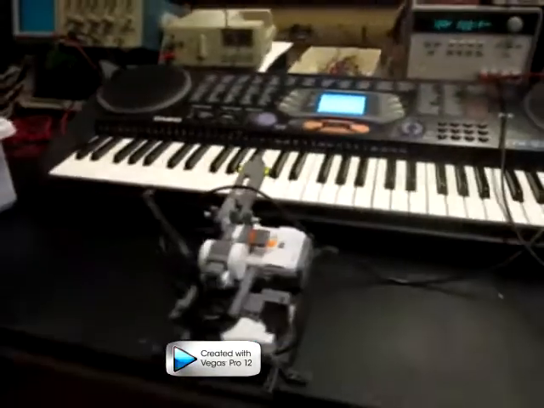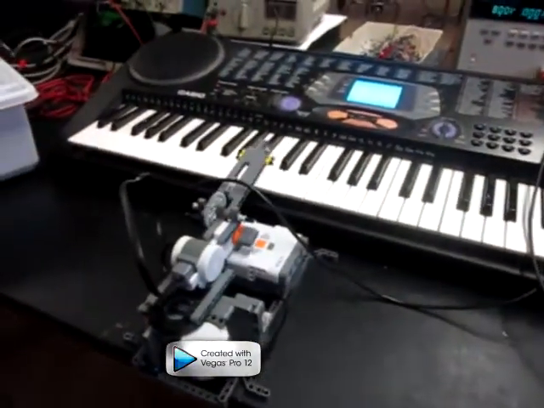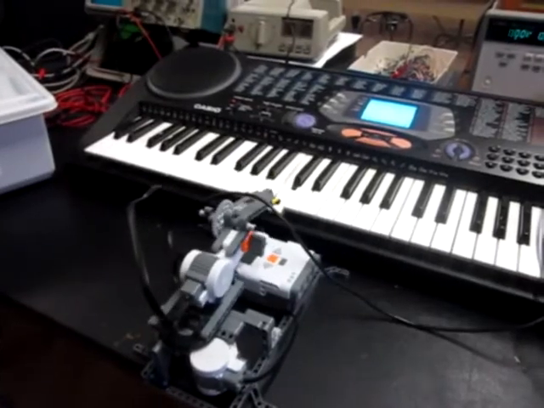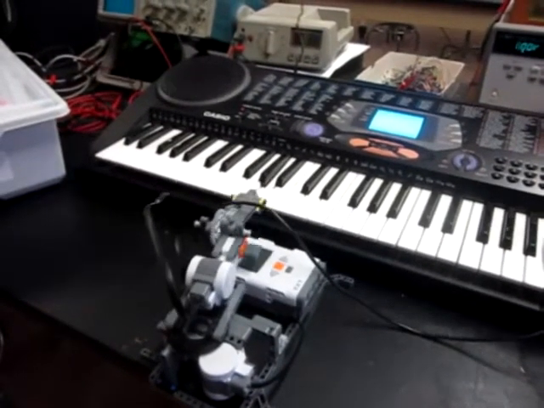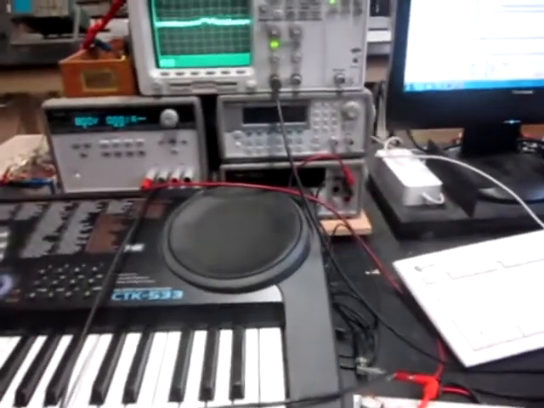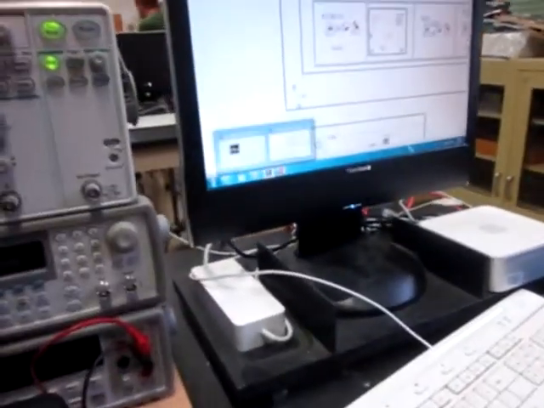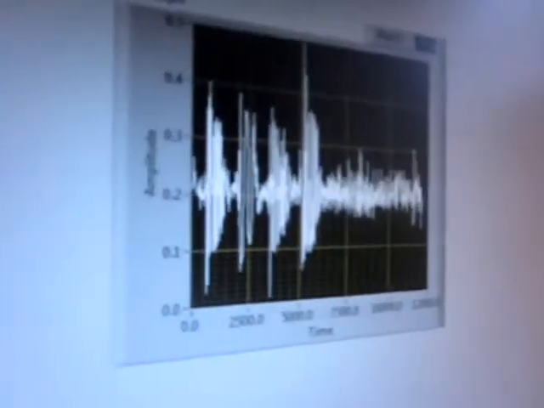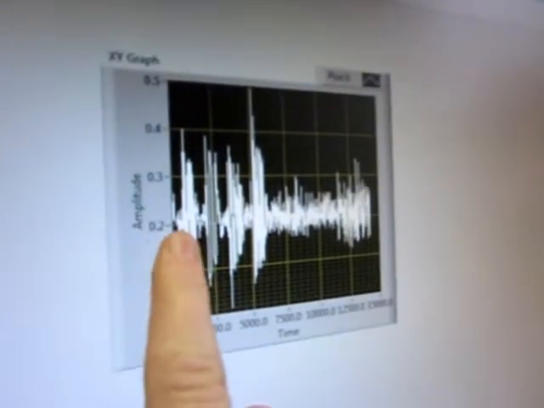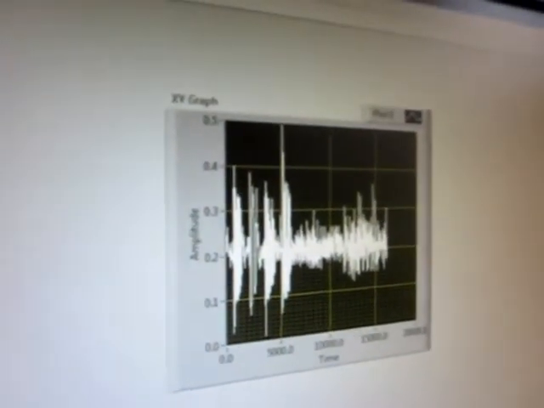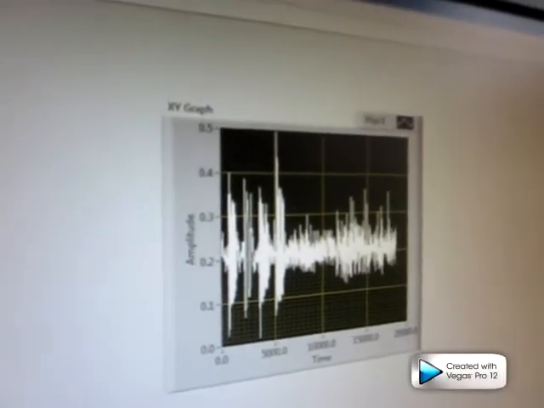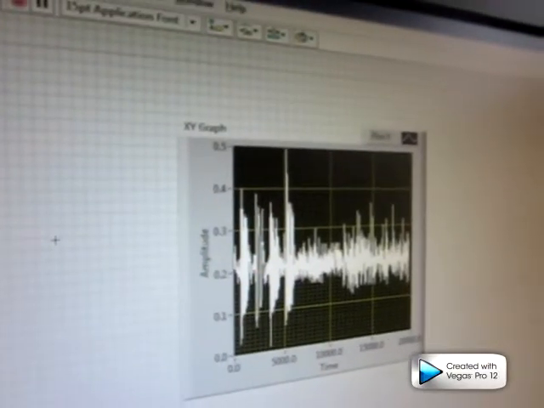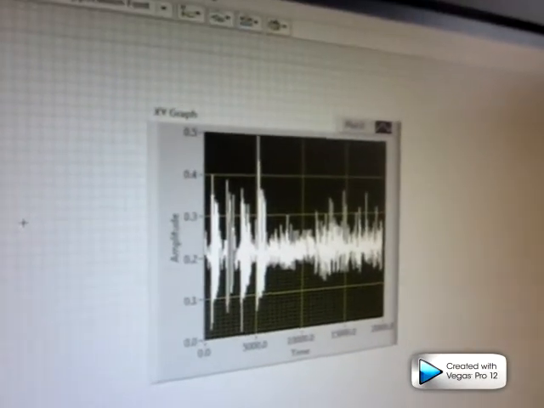Here's the LabVIEW code, and we're going to start it right now. And graph. And this is our graph. It's still taking data, but you can still see these 4 notes, which are the 4 notes we played. And once it's going above 0.35 is what it's listening for. And when it hears that, it moves on to the next note.